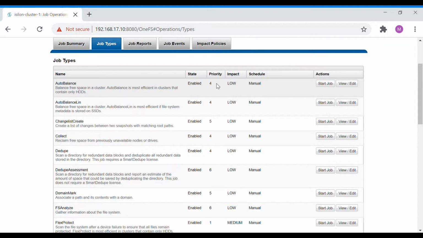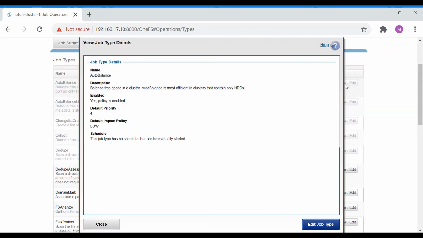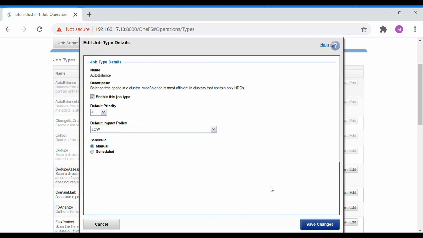While starting the job, it will ask you for some details before starting the job. And in this view or edit, you can edit the priority and the impact policy. It's always recommended not to change the default priority and impact policy set by EMC.